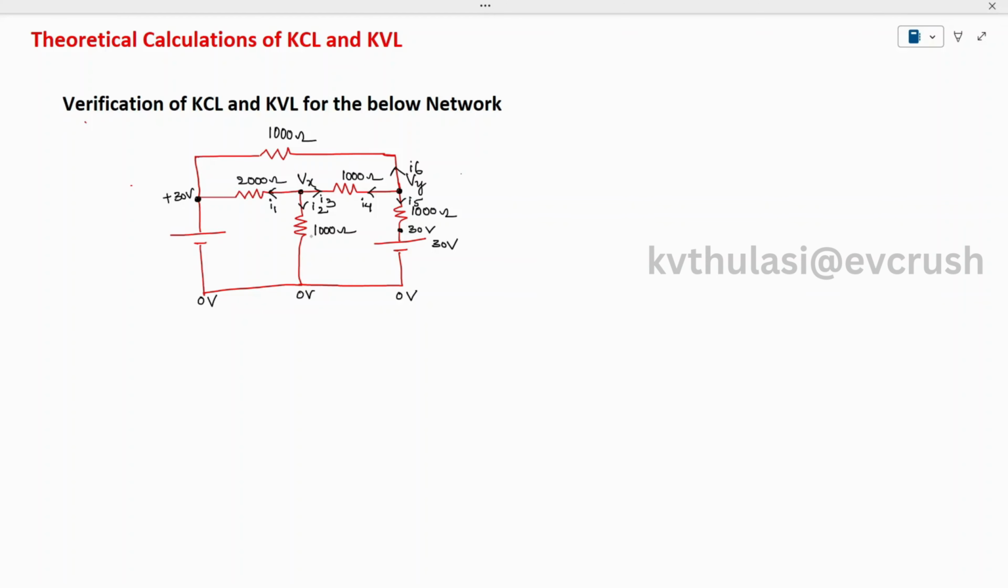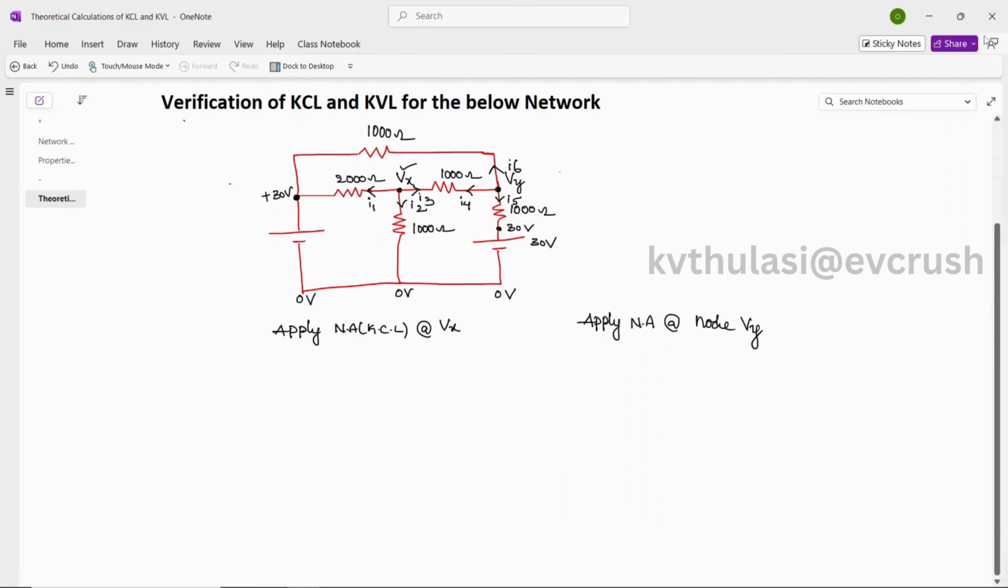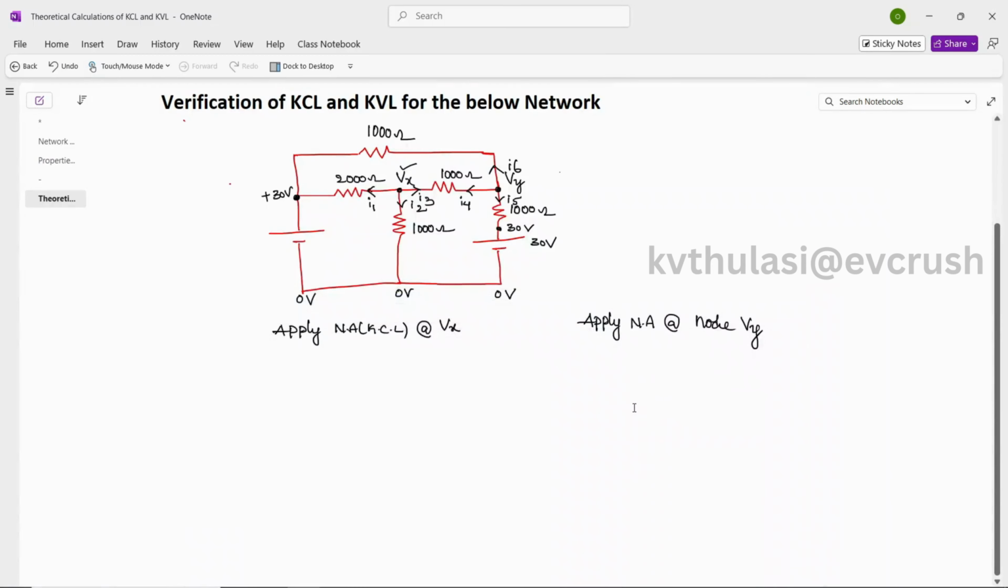In order to perform it, I'm going to apply nodal analysis, which is indirectly the application of Kirchhoff's current law, at the node Vx. At this node, I'm going to apply, and similarly apply nodal analysis at node Vy. When you are applying this, you can see here how the KVL we are going to get. So when you see these equations,